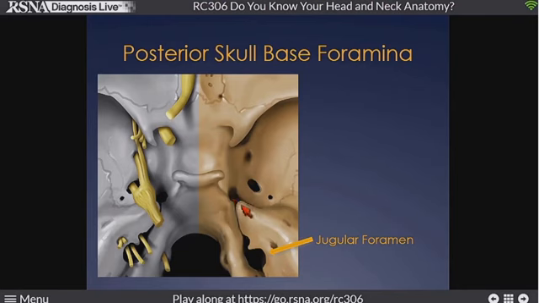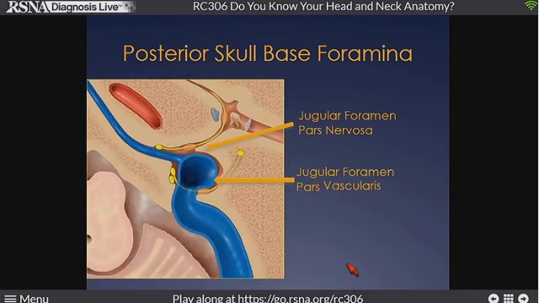It does give rise to the name of the lacerum segment of the internal carotid artery going over it, but remember the carotid artery doesn't enter there. Jugular foramen, very important, posterior dorsolateral skull base. And finally, we have the hypoglossal canal. The hypoglossal canal is essentially a canal within a canal. If you think about it as a perforation of the occipital bone from foramen magnum into the superior aspect of the carotid space, that's a nice way to get the hypoglossal nerve from the inferior brainstem into that carotid space just below the skull base.